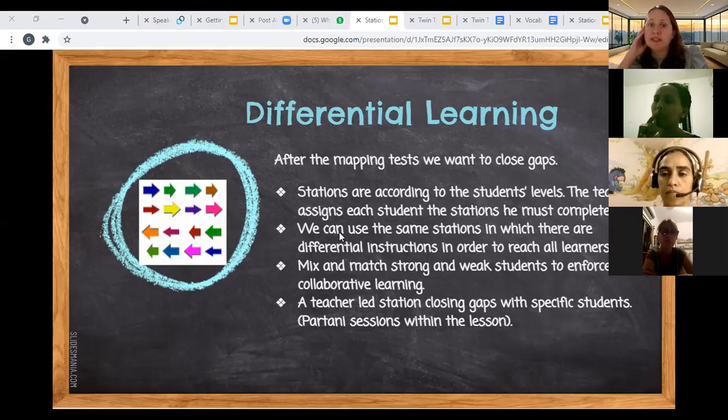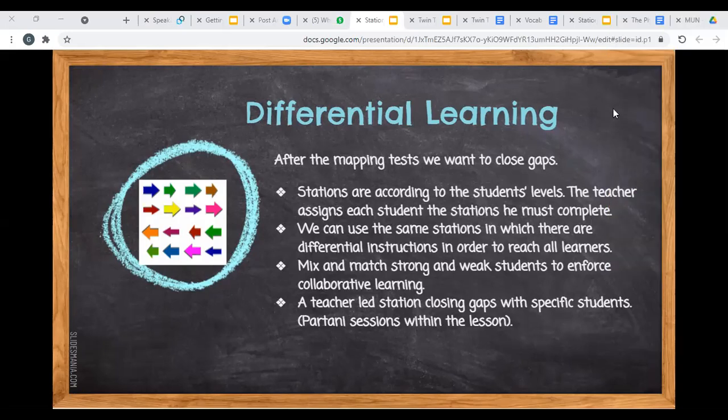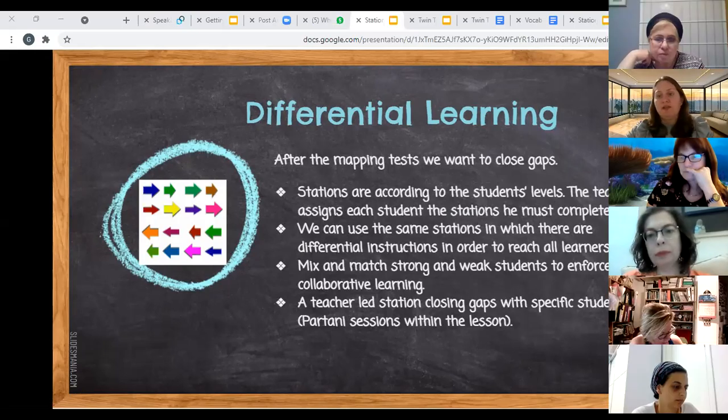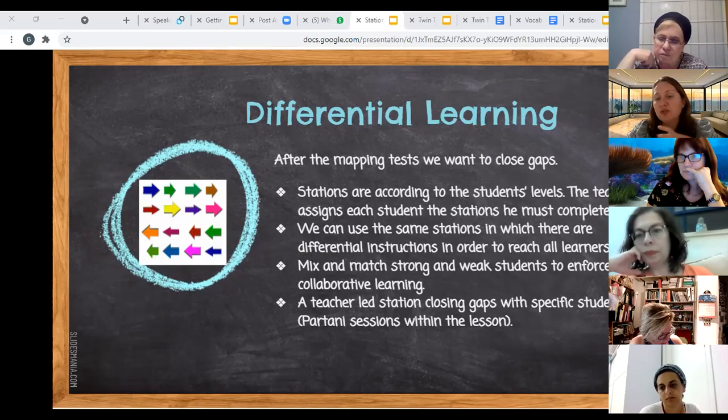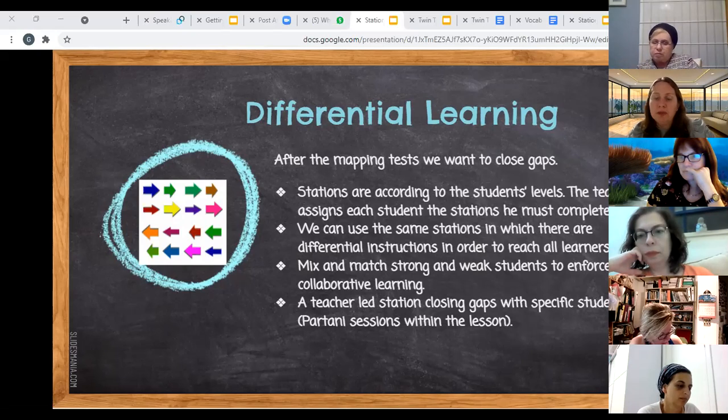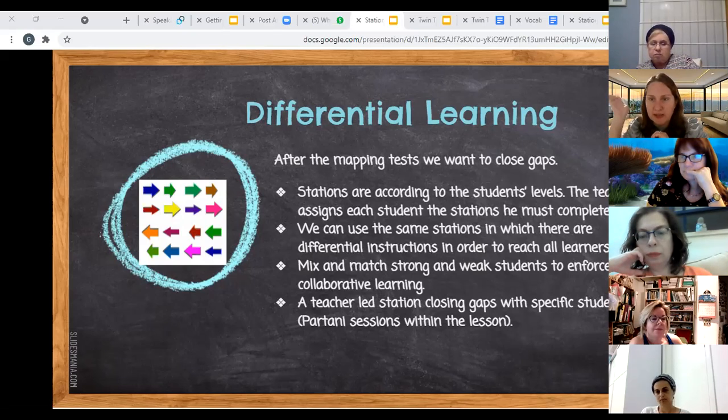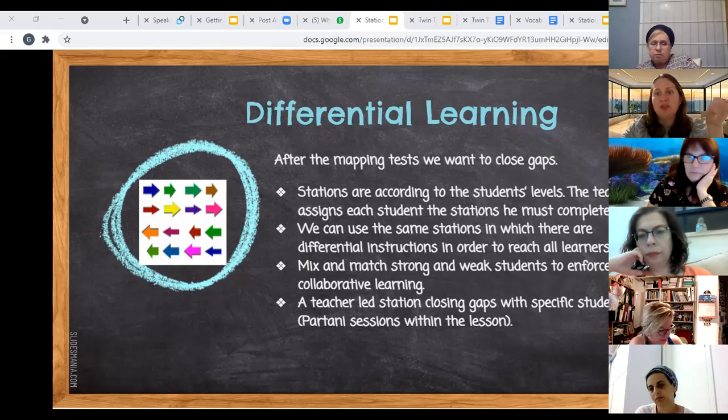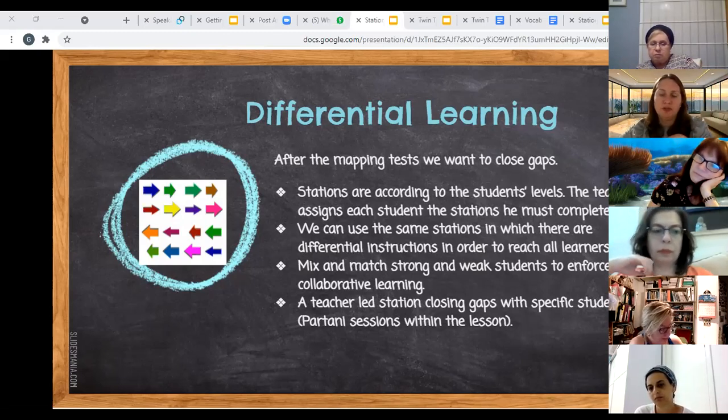So I'm going to read the first one. It says stations are according to the students' levels. The teacher assigns each student to the stations he must complete. So that means that if I know after the mapping test that I have students who are weak at a particular skill, I'll build another station and I will give my students stickers, or I'll divide them into groups and tell them what stations they have to complete by the end of the session, by the end of the lesson. So I may have 4 mandatory stations, and then 2 where I say anyone with a blue sticker, you have to go to stations 5 and 6, and anyone with a yellow sticker has to go to